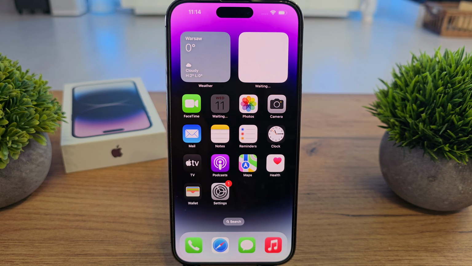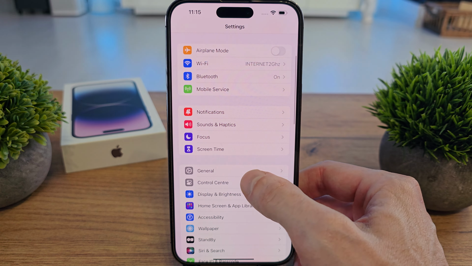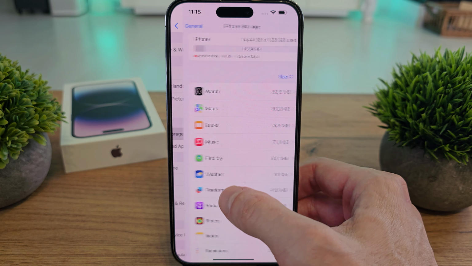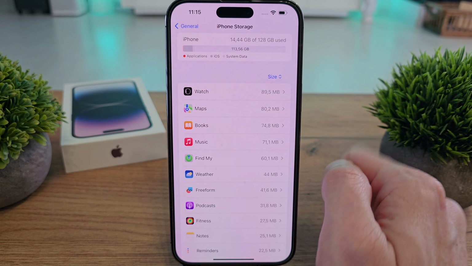I'm gonna show you how to check the iPhone storage and manage it in your iPhone 14 Pro Max. So for this operation, go to Settings, then go to General and scroll down. There is iPhone Storage, click on it, and as you see, there is the memory capacity of